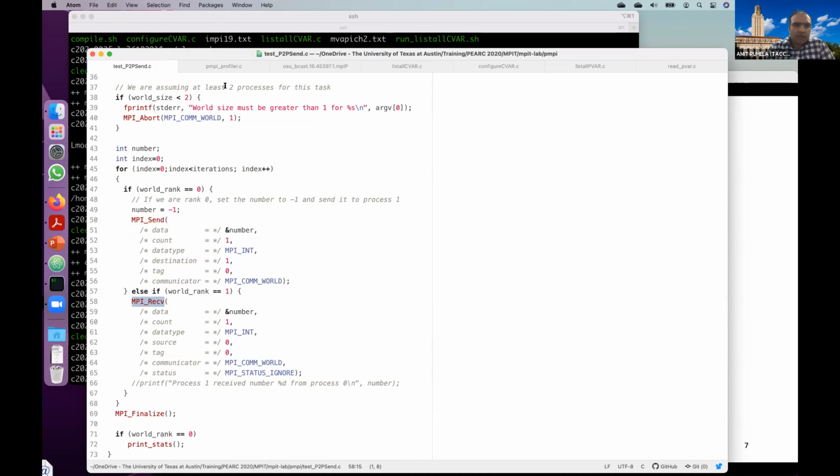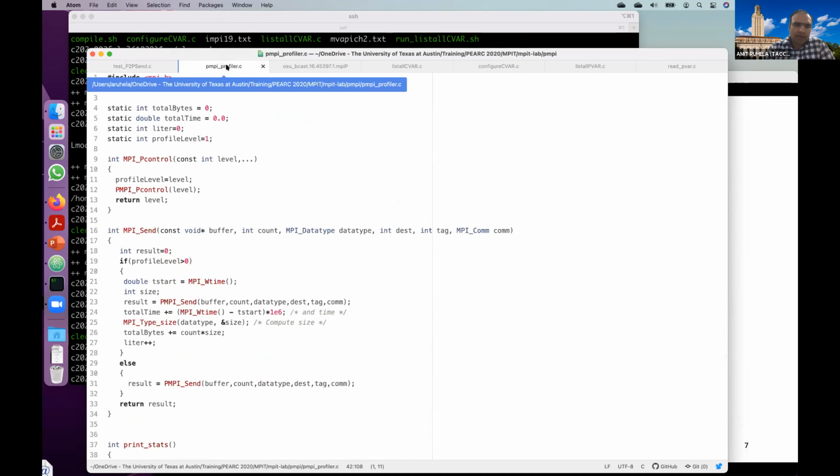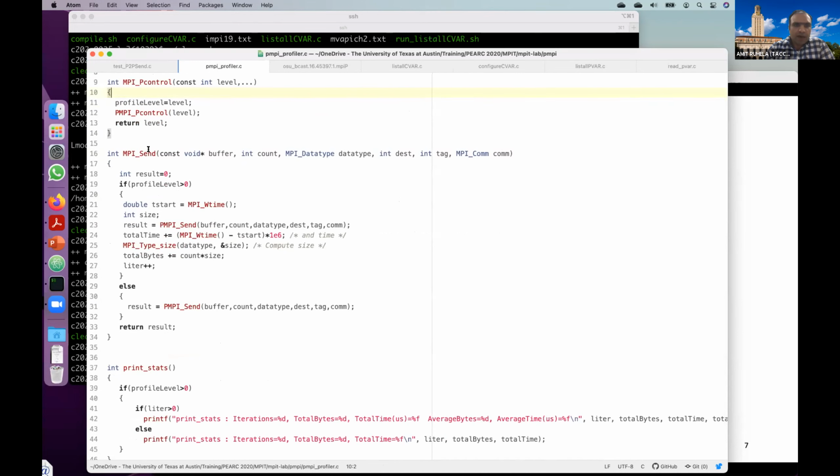Now let's take a look at the profiler. What the profiler does is it defines MPI send as a stronger symbol. There is no hash pragma weak defined here. If hash pragma weak is written just before the function, it means it is a weak function. But instead of defining it as a weak function, it provides a stronger definition which will replace the MPI send function defined by the MPI library.